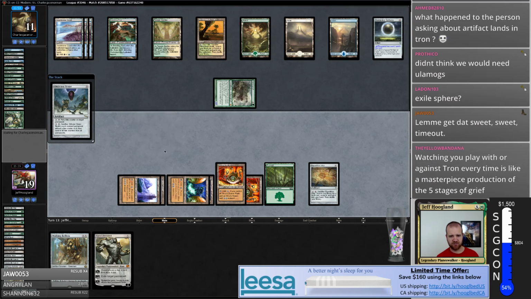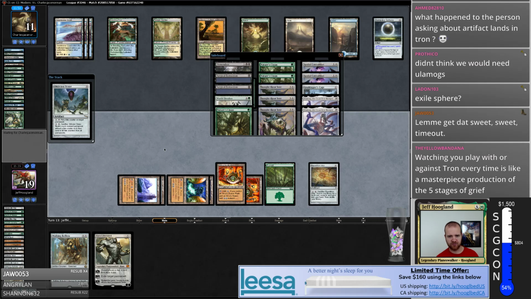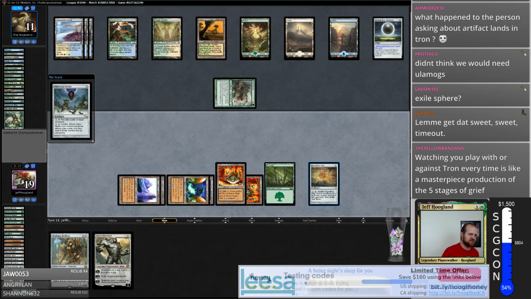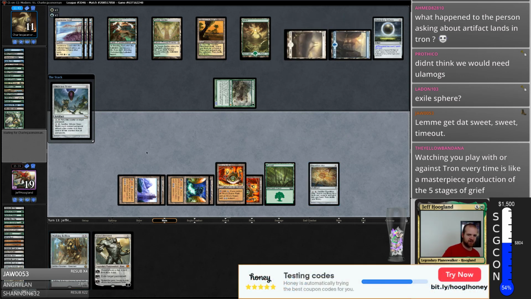I think I actually boarded out my other colorless creatures. Yeah, actually, this could get Sanctum, but Sanctum doesn't actually get us anything at this point, right? Because I'm through both my Walking Ballistas and my...